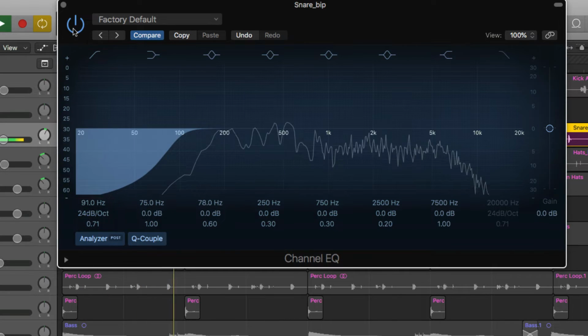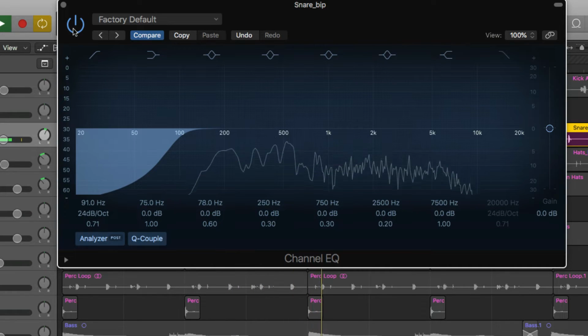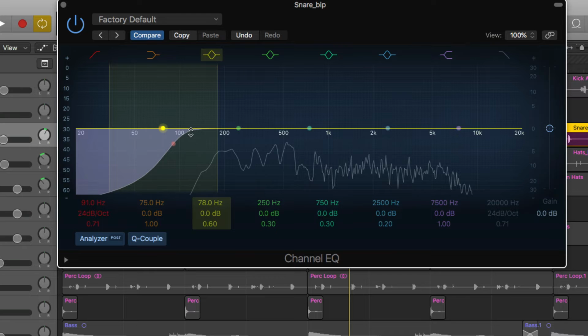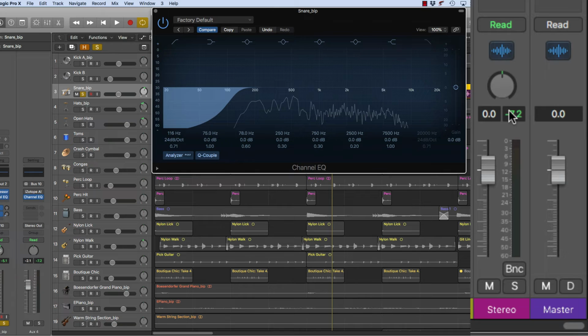Now bypass, and then bring it back in. Now sonically there's hardly any difference, and if you consider as well, a lot of this low frequency area is going to be soaked up and occupied by the kick drum and the bass guitar anyway. Essentially you want this part of the snare to be shining and cutting through. So therefore, by filtering out these frequencies right here, we're removing this energy from our master and therefore allowing for